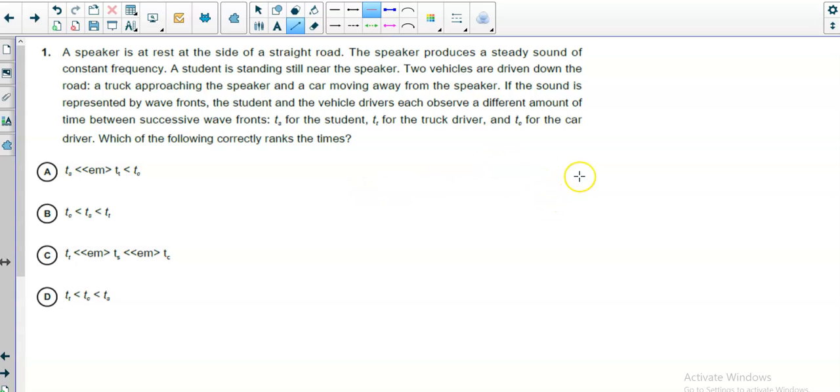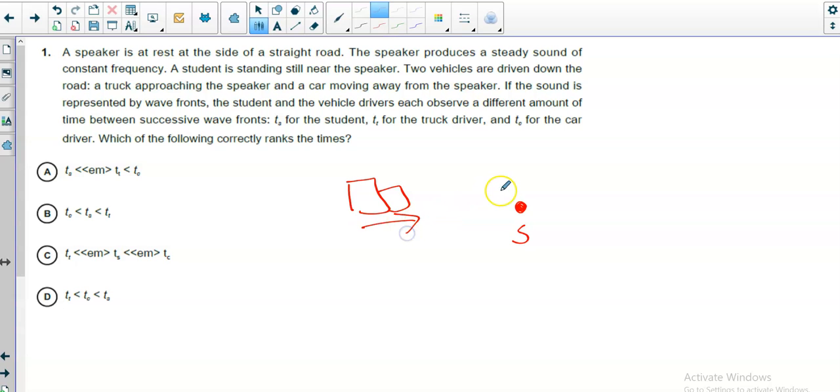Okay, so here's what we want to look at. So here's our speaker with the student next to it. And then the truck is moving towards, make sure I get this right. Yep, truck is approaching it. So we'll say the truck is over here and coming towards, which means